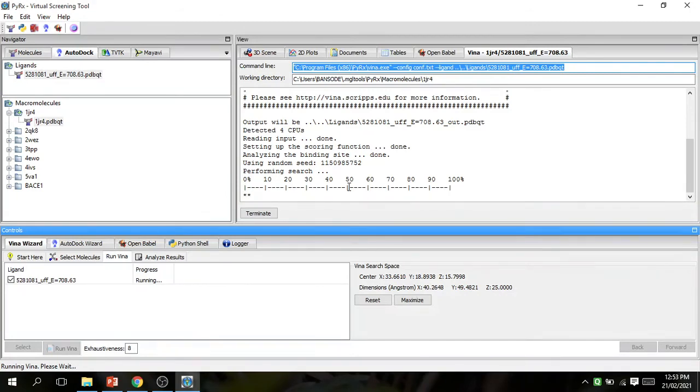Guys, you don't need to put in any command line like in AutoDock. This software gives the command automatically. Wait for 100%.